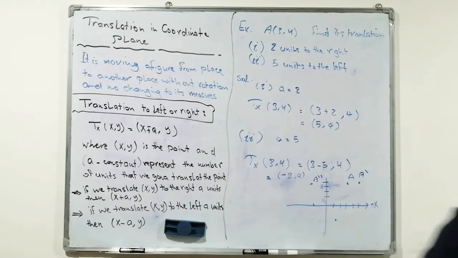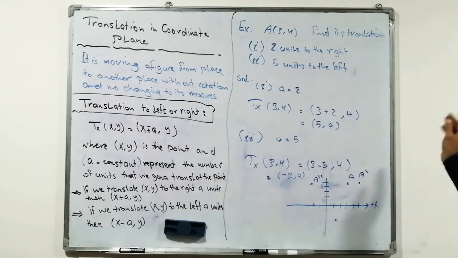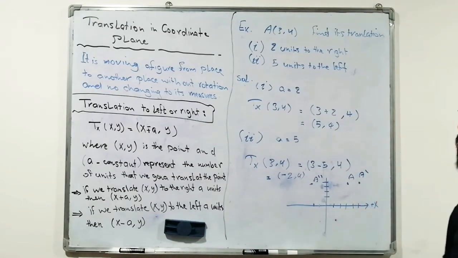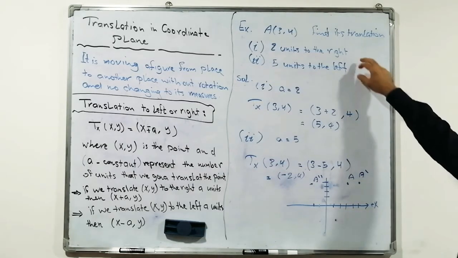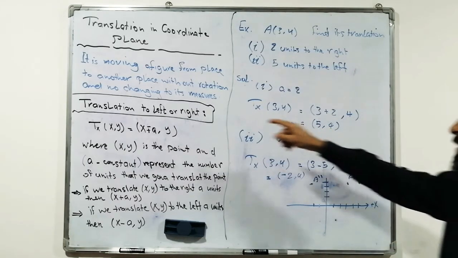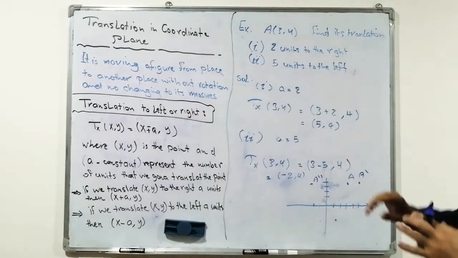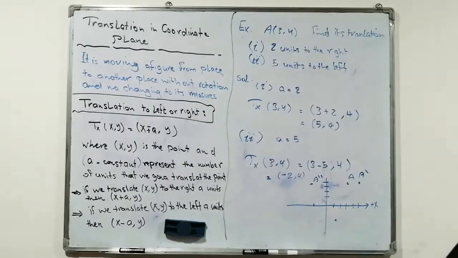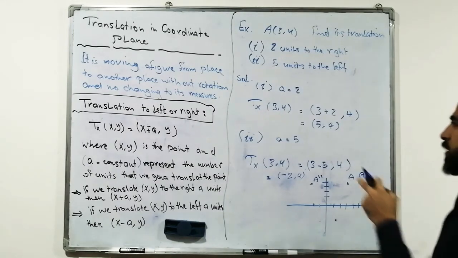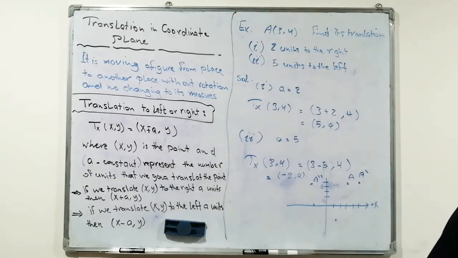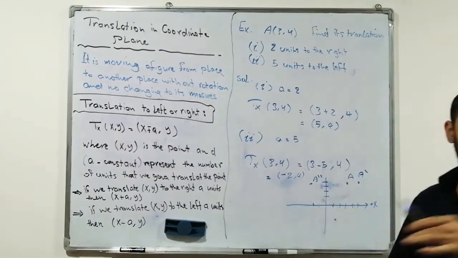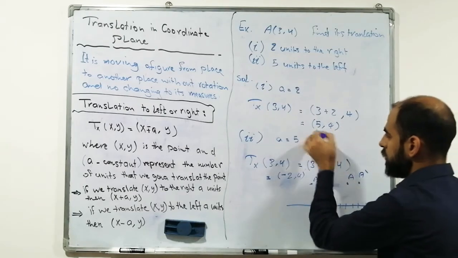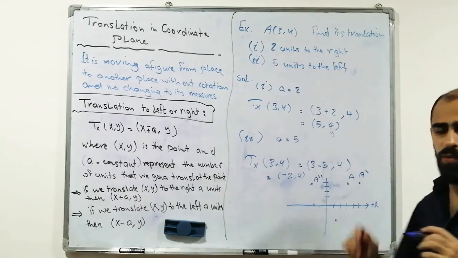So to find the translation of any point or of a figure to the left or to the right, up or down, first we are going to know the kind of translation. The first kind we take is left or right. If we have a translation to the left or to the right, we are going to add or subtract to the first part of the point, and the second part of the point